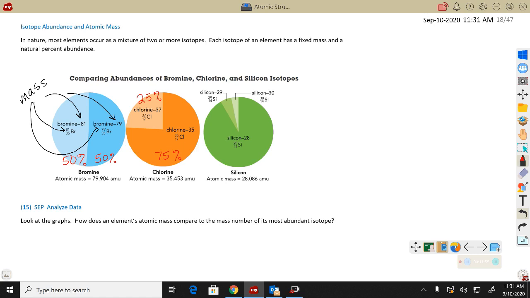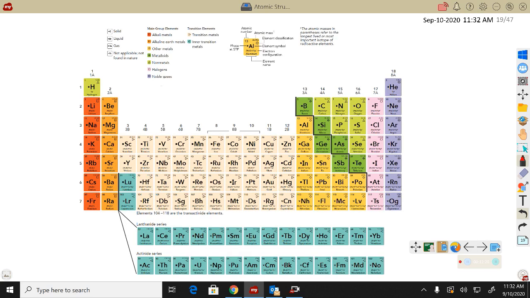Now look at this question 15, analyzing this data. Looking at the graphs, how does an element's atomic mass, the overall atomic mass that we usually report, compare to the mass number of each individual isotope, and maybe more importantly, the most abundant isotope? And so you'll see down at the bottom, underneath each, there's a little place that says atomic mass equals 79.904 AMUs. If you look at a periodic table, and we're going to look at this one a ton all year long,